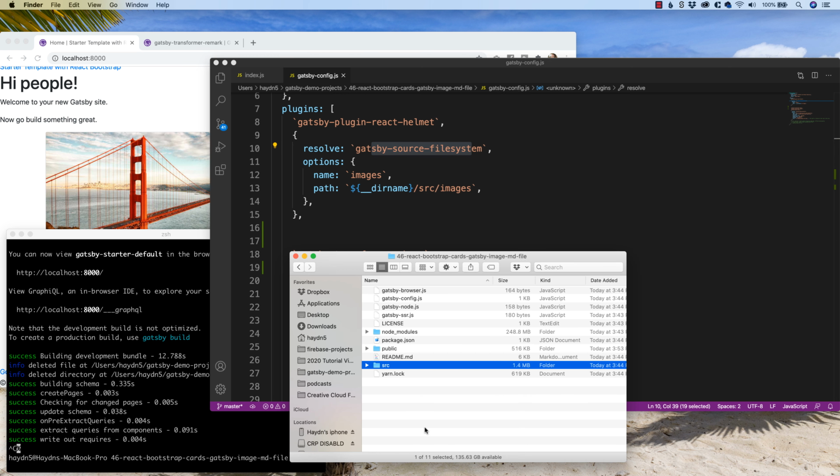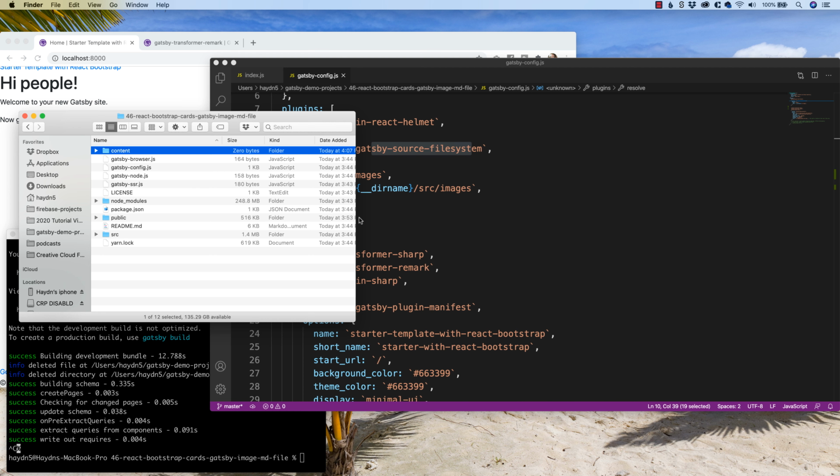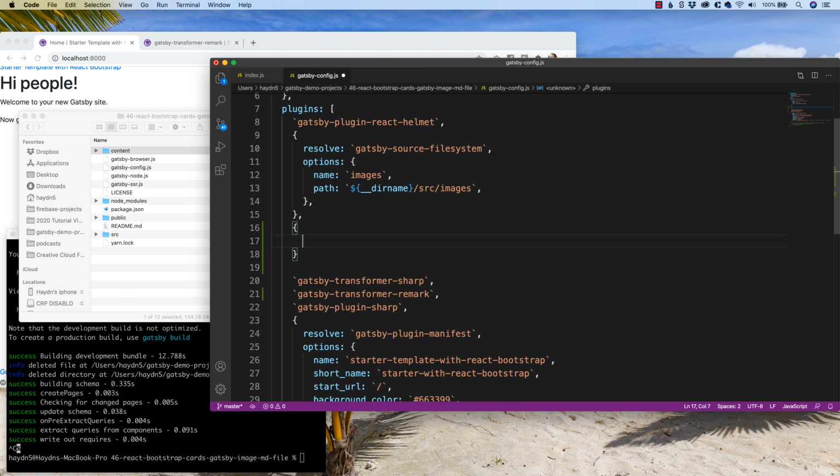So what I'm going to do is, inside the root level of Gatsby, create a folder that says content. And in here is where my Markdown files are going to live and breathe. Just like we have this directory name in our source folder, I'm simply going to say content. So down below, I'm going to say curly bracket, open and close, and say resolve and backtick and say gatsby-source-filesystem,